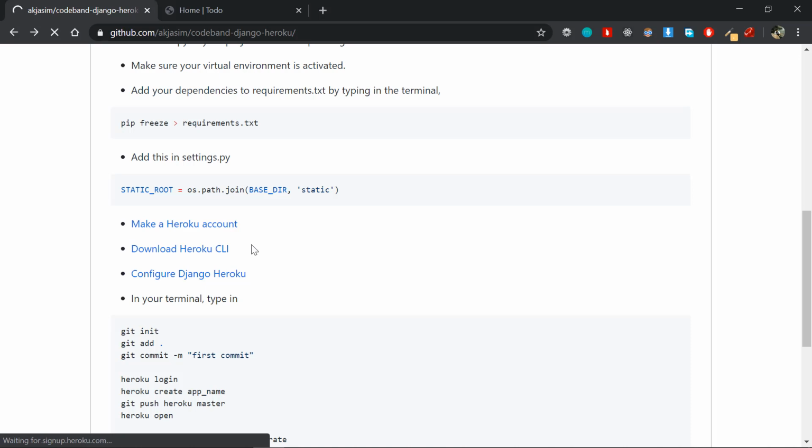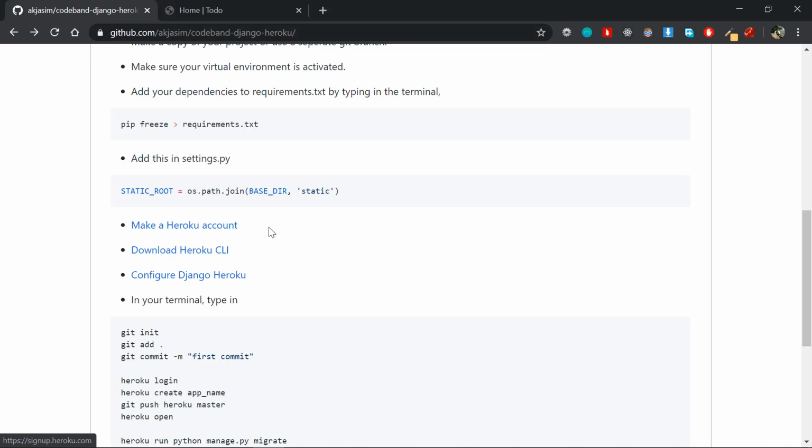So you just click in here and you just do the sign up steps. My internet connection is a bit slow here, so it'll take a bit of time, so I'll not talk about that. I'll just continue here. After signing up for an account, you have to come over here, download Heroku CLI, meaning